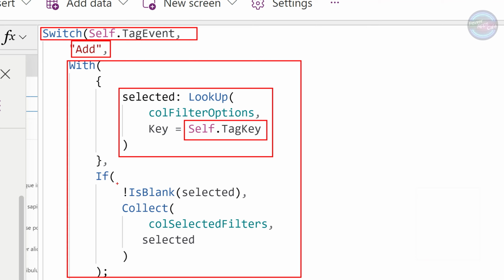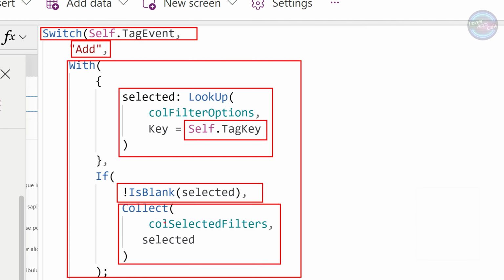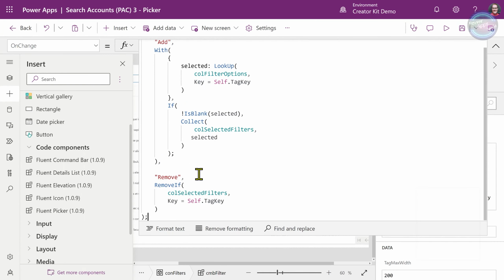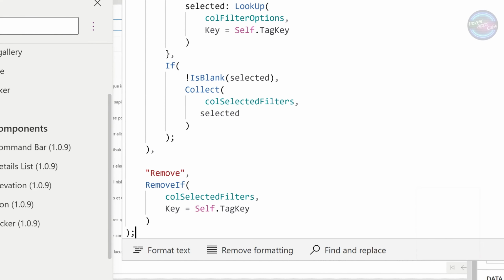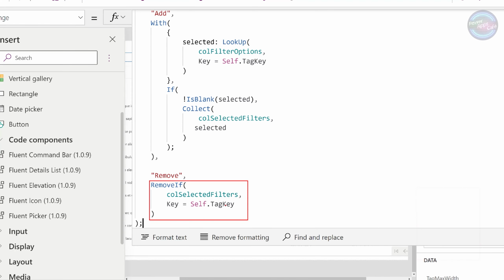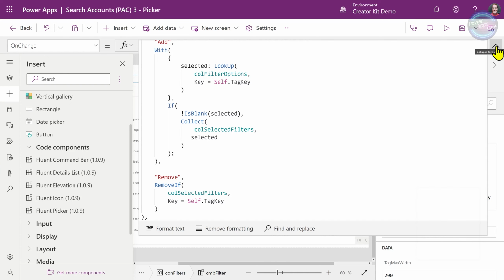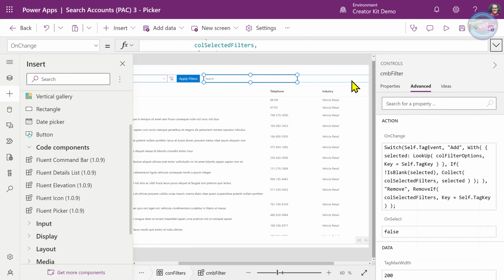If it's found it, if it's not blank, then it's adding it into this collection here, col selected filters. In a similar way, for removing, if it's remove, we are simply removing where the key equals the tag key. You can see that's where the actual flexibility comes.